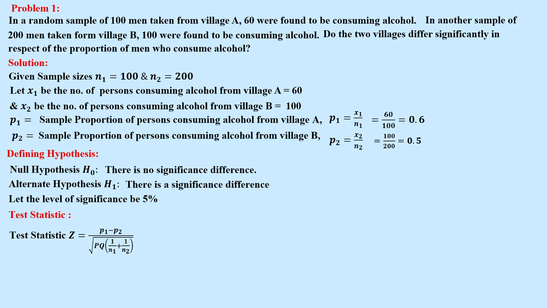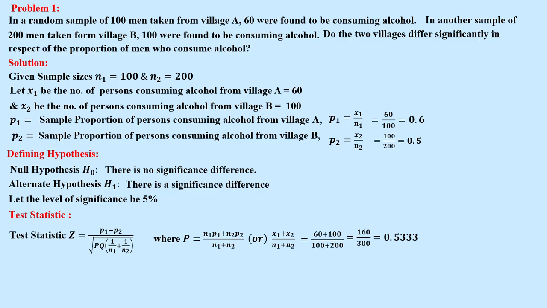Test statistic Z is equal to P1 minus P2 divided by root of PQ into 1 by N1 plus 1 by N2. Here they have not given capital P, so we are using the formula: capital P is equal to N1 P1 plus N2 P2 by N1 plus N2, or X1 plus X2 by N1 plus N2. You can use both formulas. We are using X1 plus X2, the direct formula: 60 plus 100 by 100 plus 200,